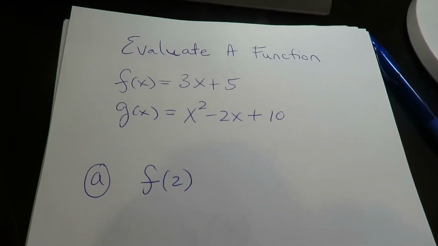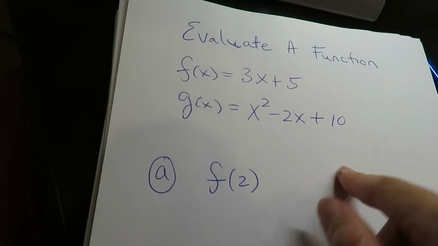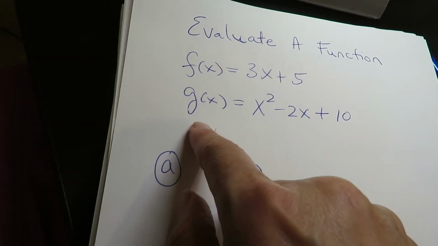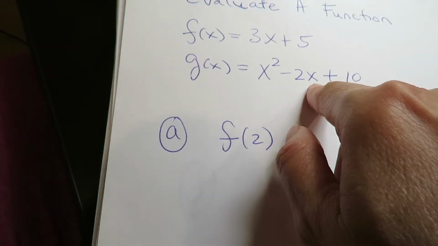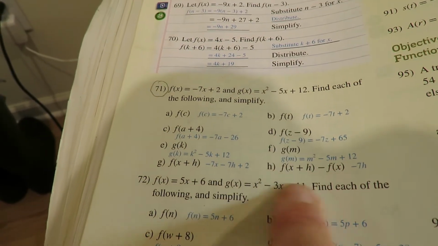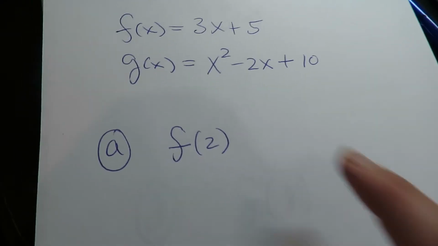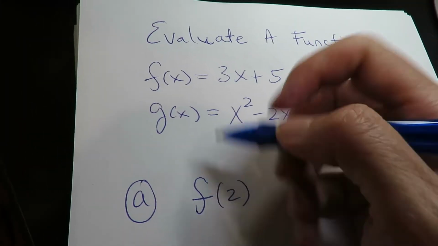So what we're going to do now is evaluate a function, and I made a new f function and a g function. I'm going to start with the f and then go to the g, but when you do your homework, you're going to notice they go back and forth depending on which function they're picking, okay? Alright, so this says f of 2, which means use the f function, not the g,